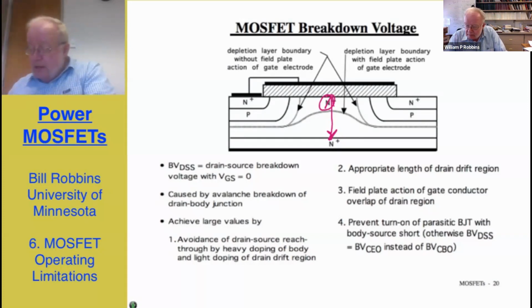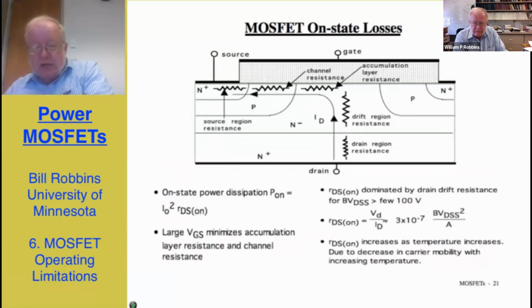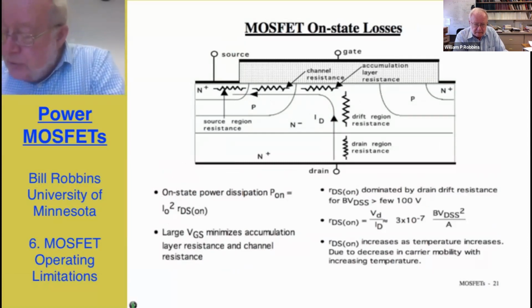The MOSFET on-state losses have several contributions. If we're talking about a low voltage MOSFET, something on the order of 100 volt or at most breakdown voltage, then the contributions to the on-state losses come from all parts of the device. There is the resistance of the source diffusion that I've indicated, the resistance of the channel,